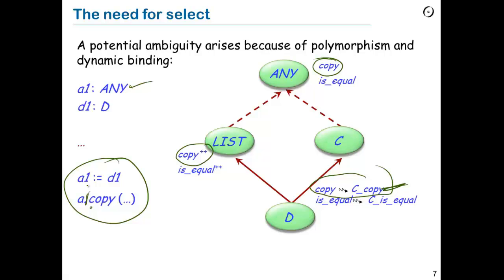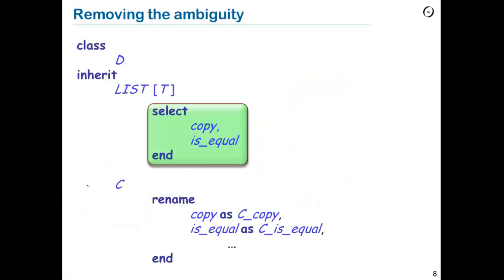Of course, there is no general answer. The answer has to be determined by the programmer. And so the rule in this case is that if you have a replicated feature, meaning a feature that exists in two different forms as a result of renaming, then one of the versions should be selected